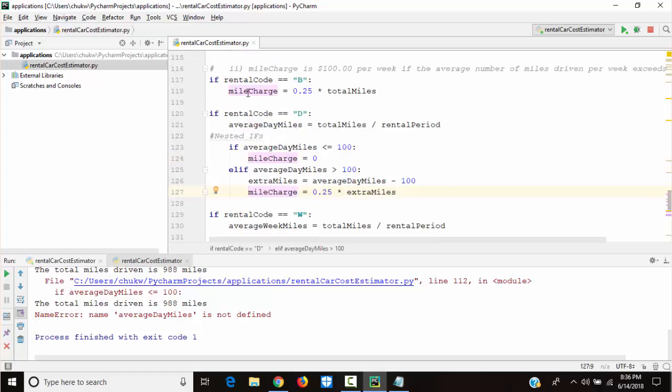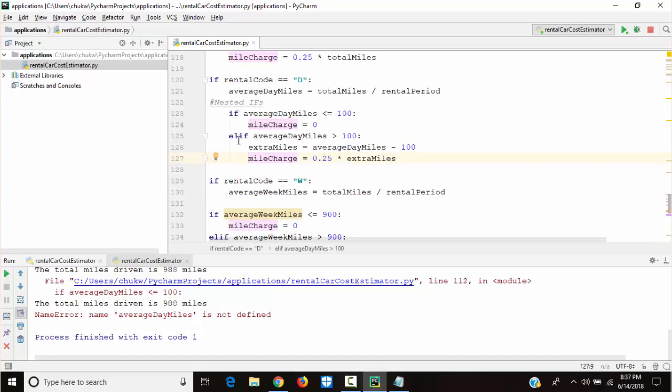If the rental code is B, just find the mileCharge right away. But here, if the rental code is D, before you do anything, first find the average day miles. Now, if the average day miles is less than or equal to 100, then the mileCharge is 0. Else if the average day miles is greater than 100, then you find the extra miles, then you find the mileCharge. But all this is still under this if here. So this is what we call nested ifs, because this is nested under this.